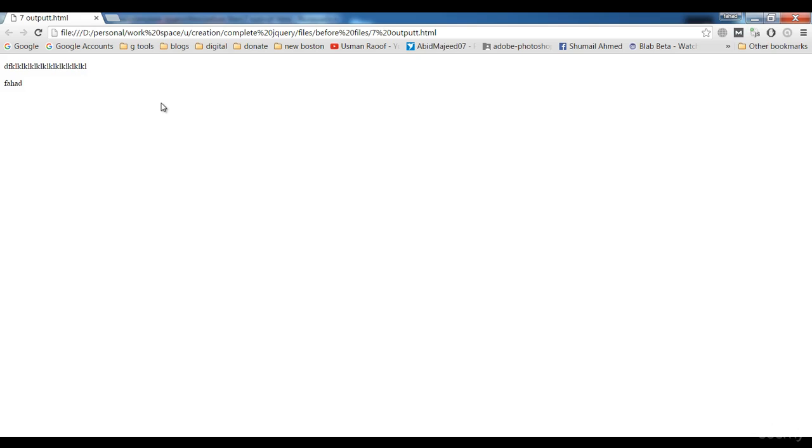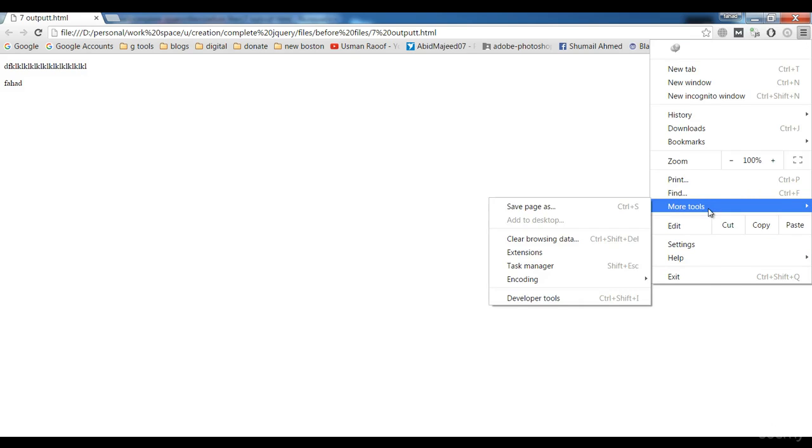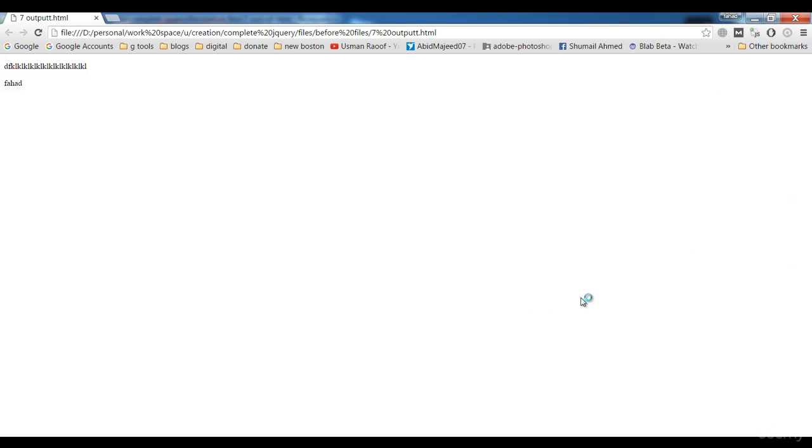Every browser has the developer options. What are the developer options? Here I'm going to show you where they are. Here is more tools, and here you see the developer tools. These tools are just for web developers, those who are working with HTML, CSS, JavaScript, PHP. So here is Control Shift I. It's the shortcut, when I click on it,